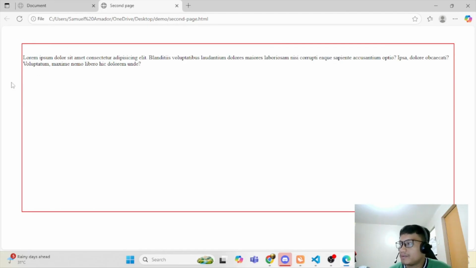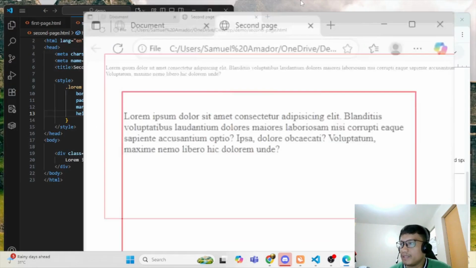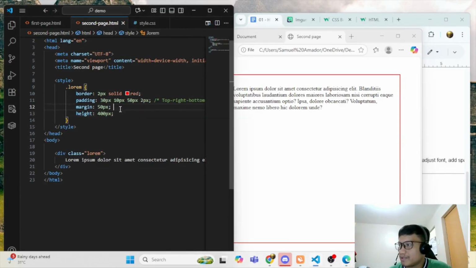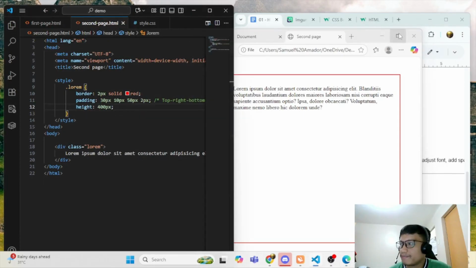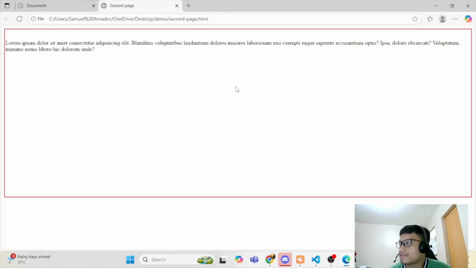But then notice that we have here space because of the margin we added earlier. So I'll just remove this, then refresh. So yeah, there's still a space here because by default, browsers have added margin on it.